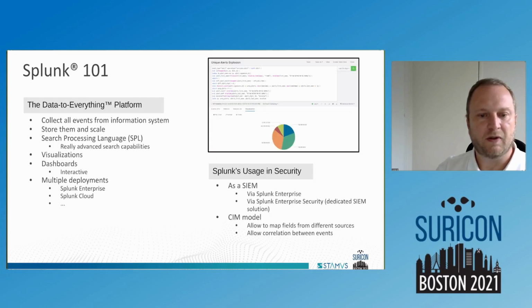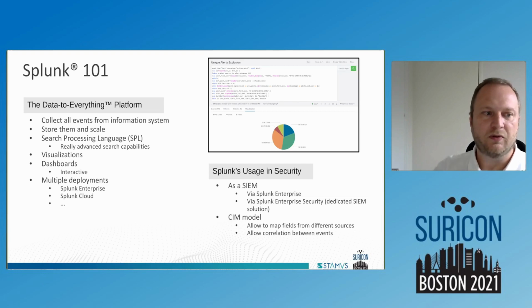And so what is Splunk? Splunk is the name data to everything. It's a system that handles data from different sources and allows you to present them and query them using the search processing language, or SPL. That is really powerful, and it's a tool that allows you to do some crazy queries and advanced stuff on the data. So even if the data are not exactly like you want, you can prepare them with Splunk and display them exactly like you want.